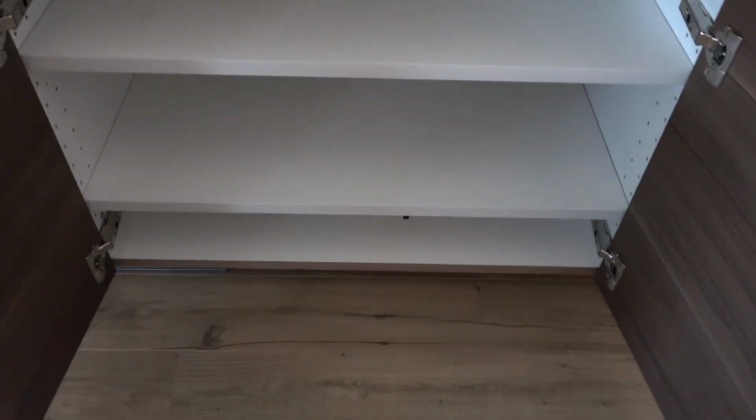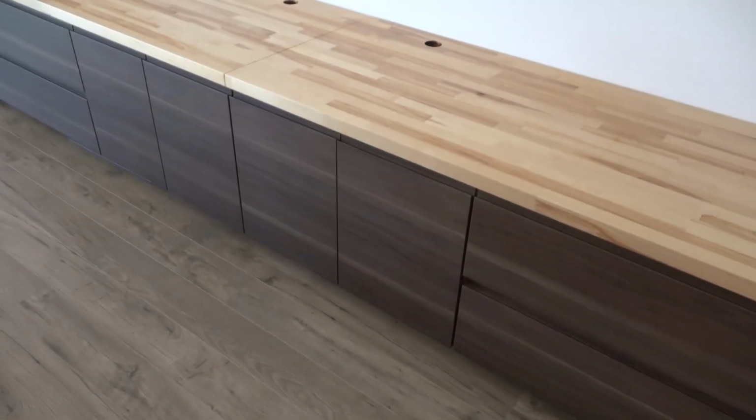And they're all soft close too. And then on the inner part here, it's just doors that open up, okay? And then the electronic components will go down there, and that's pretty much it. And I forgot if I mentioned this earlier in the video, but I left the back off of the